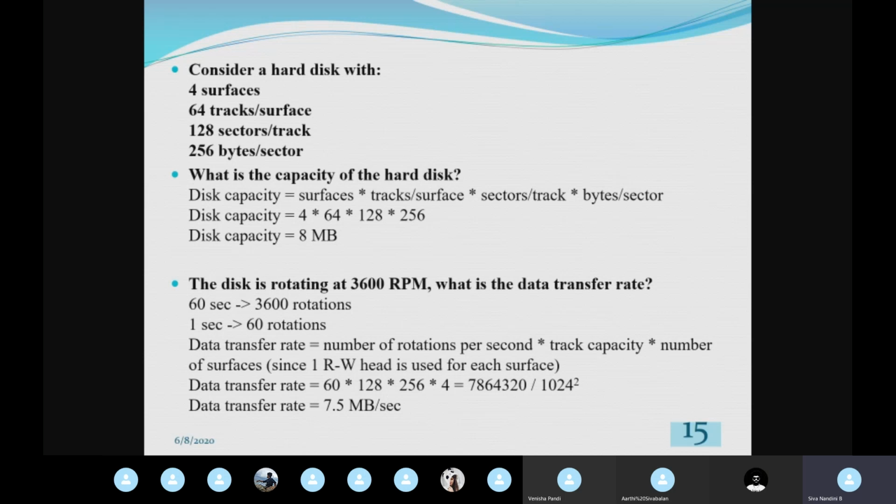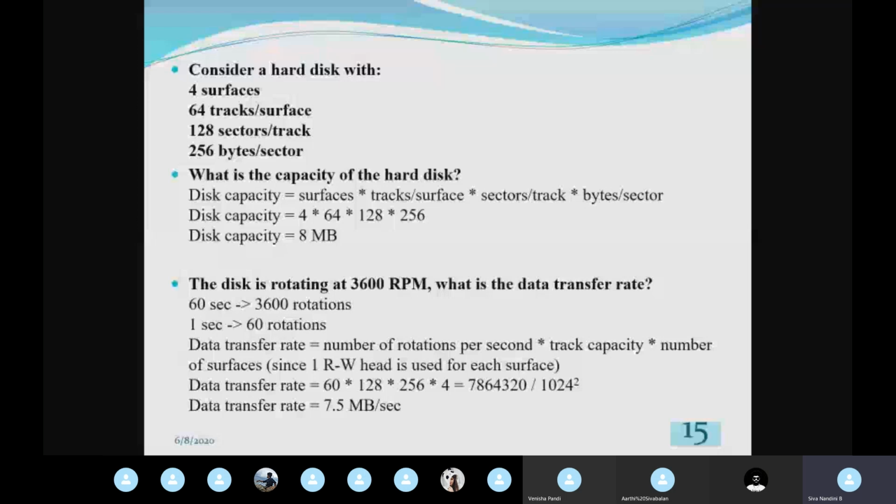So what are the data given? It's 4 surfaces. So I have a hard disk which contains 4 disk surfaces. Already I have said that in a magnetic disk we have cascaded disks. So in this particular hard disk I have 4 disk surfaces.